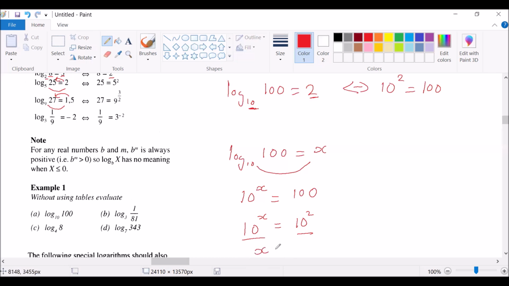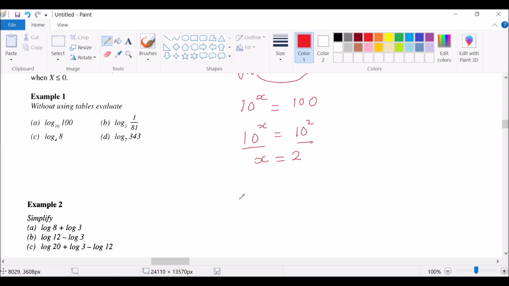So x is equal to 2. So now we can say log to base 10 of 100 is equal to 2. Okay, for B, we have log to base 3 of 1 over 81 is equal to x, which we are